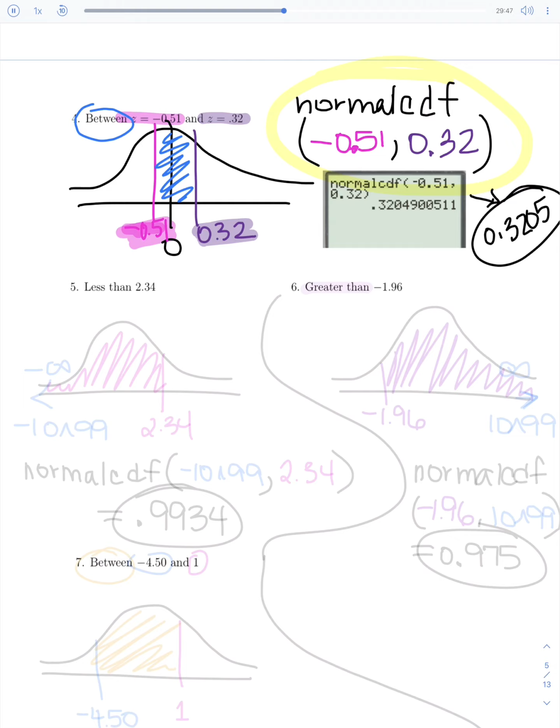So our probability or area for this one, in between negative 0.51 as a z-value to the z-value of 0.32 is an area of 0.3205, or that can also be seen as a probability. Now let's